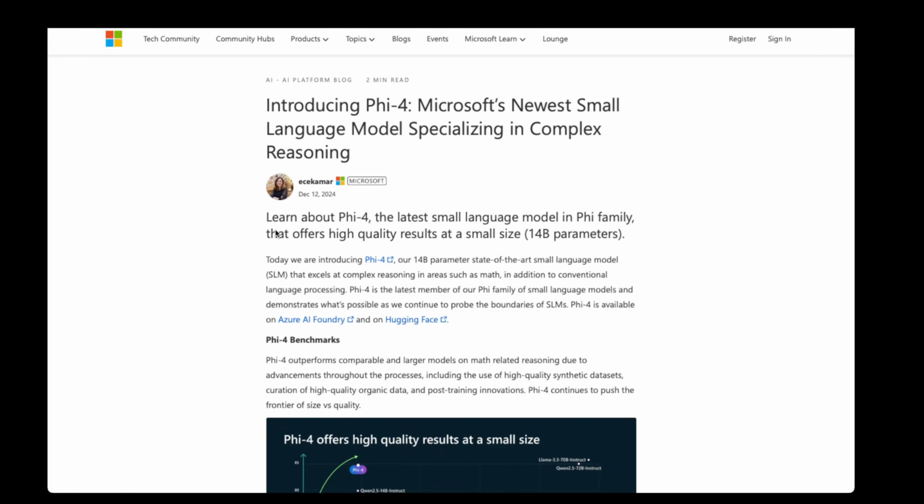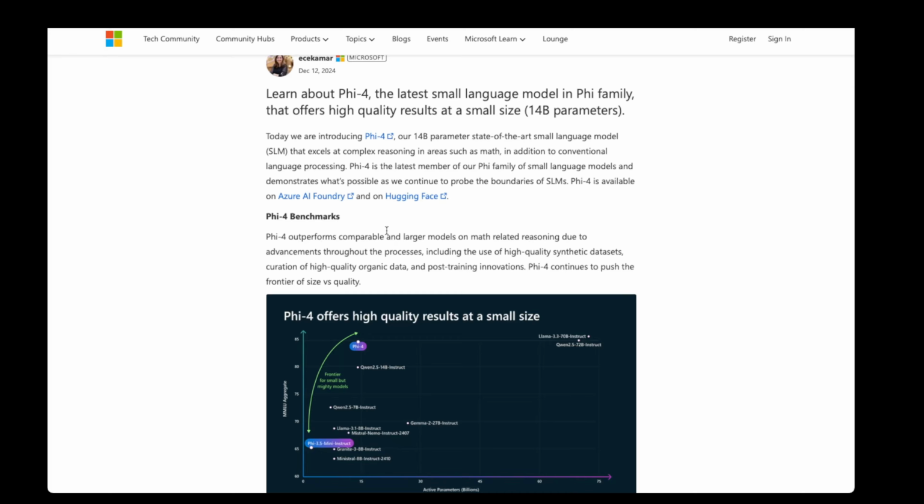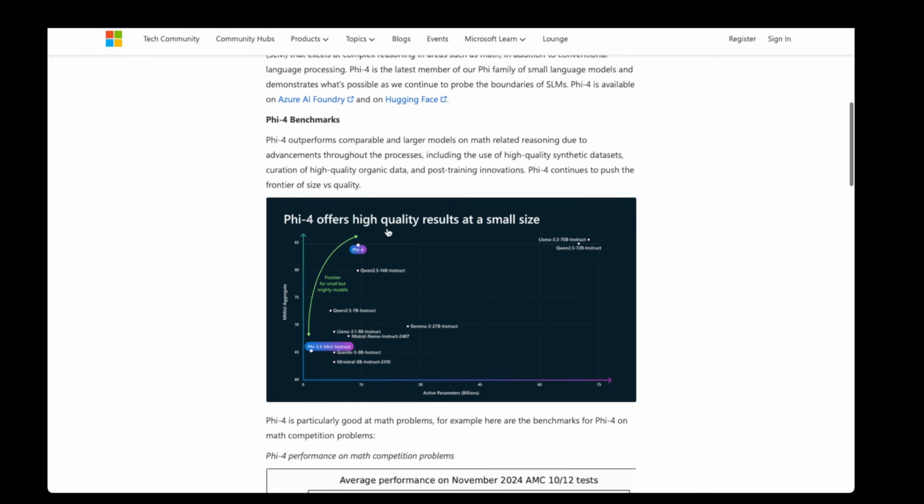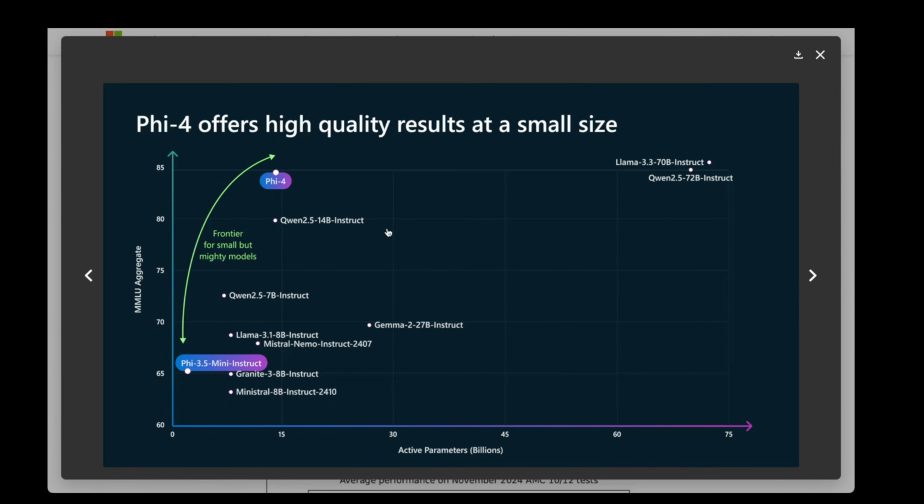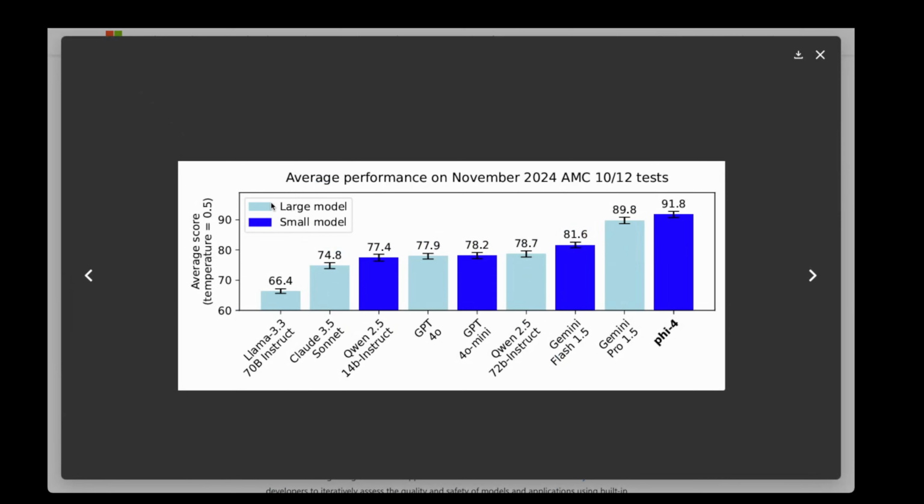Hey everyone, so today we're trying to evaluate the performance of Microsoft's recently released Phi-4. Microsoft Phi is a family of small language models designed for efficiency and performance. It builds on previous generations, offering enhanced reasoning, especially in math and coding, and introduces multimodal capabilities, making it versatile